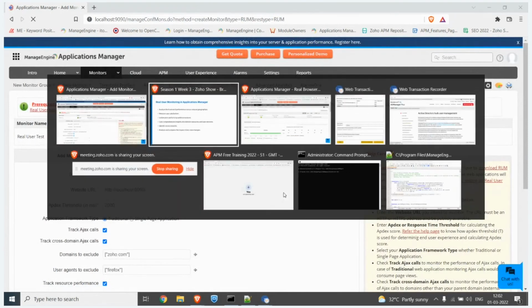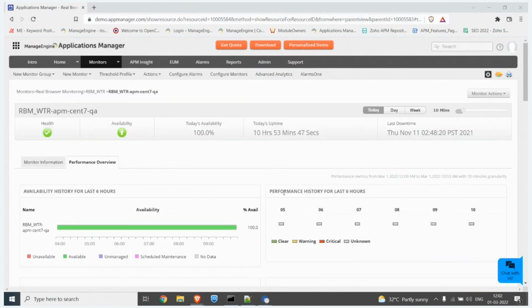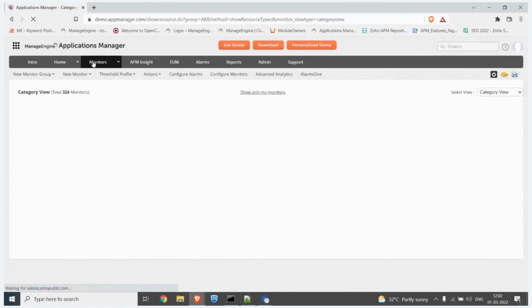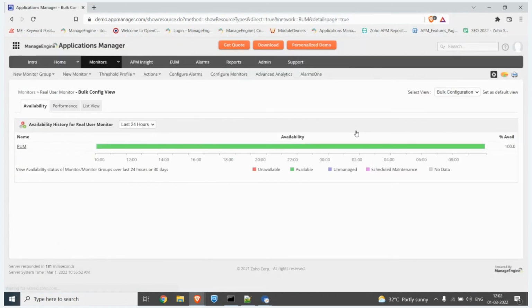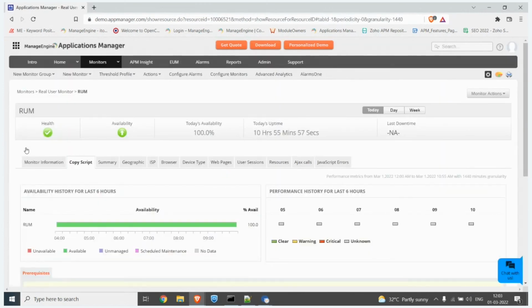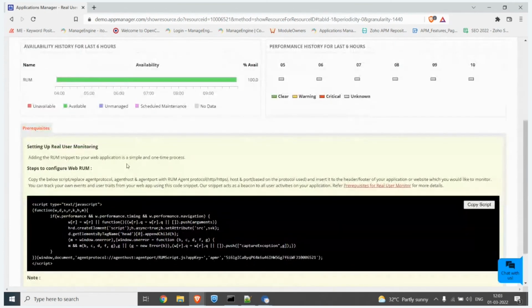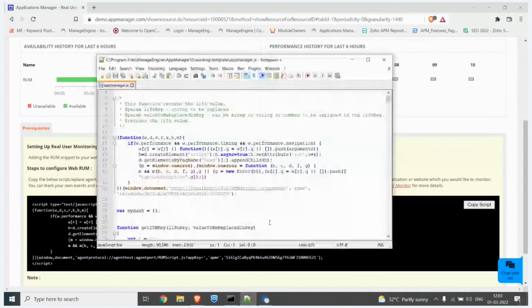So now let's see how it looks. Oh, before we do that, like I said, whether it's a single page application or a web application, you'll need to add a JavaScript code in a static file. For this application, this file is this appmanager.js file. So I've added this JavaScript snippet here so that we can enable the monitoring.